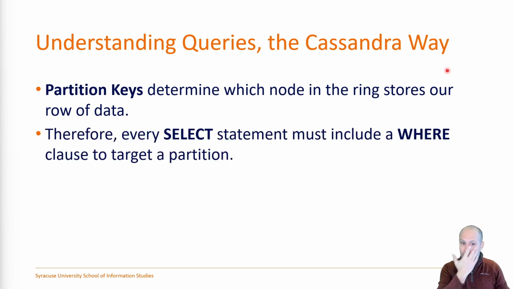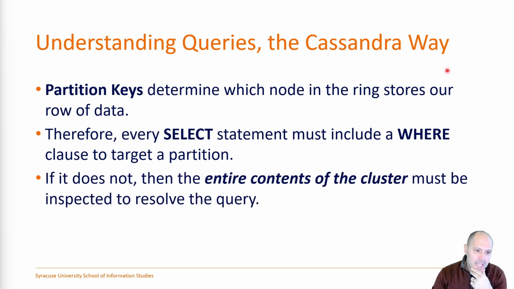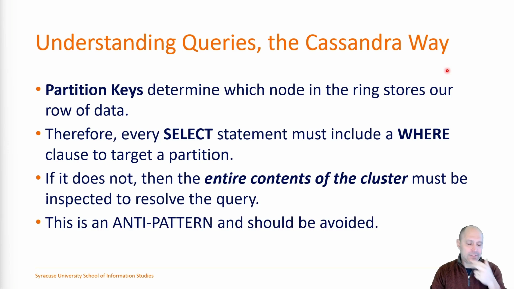So every select statement must include a where to target one or more partitions. If it does not, we are then reading the entire contents of the cluster to resolve the query. And this is what we call an anti-pattern. And you really need to avoid this, okay? It's hard to explain this when you've just got a single node of a Cassandra cluster, but think of the use case of Cassandra. You're going to have a key space that's going to have 50 nodes in it. And every node is going to have